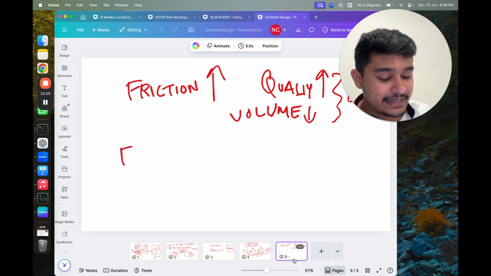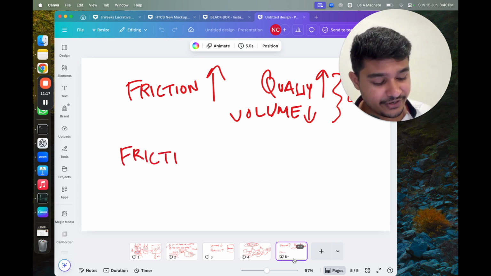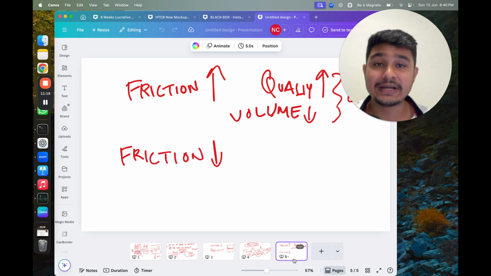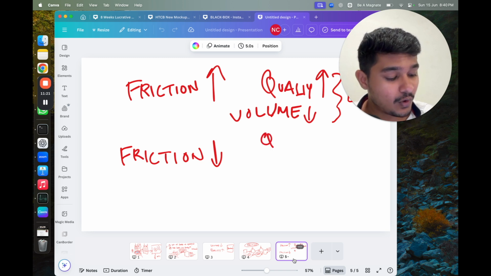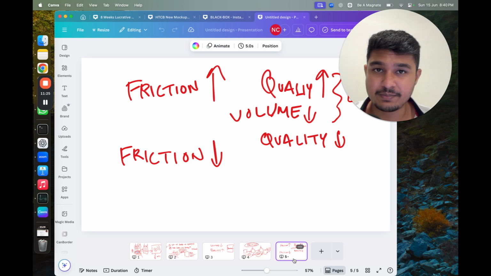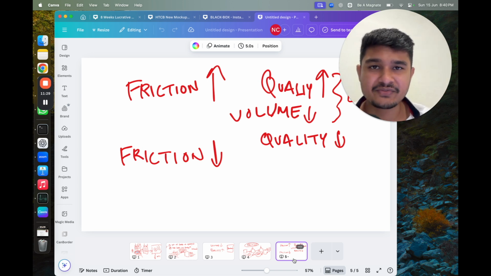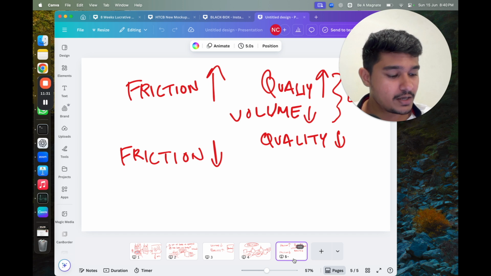If we decrease the friction, then the quality suffers, of course. The quality decreases. Simple, because now people don't need that much commitment to go through the whole sales funnel and book a one-to-one call with you, right? So the quality of those leads decreases, but the volume